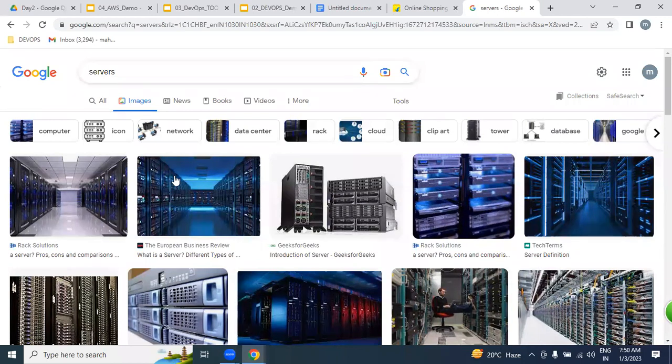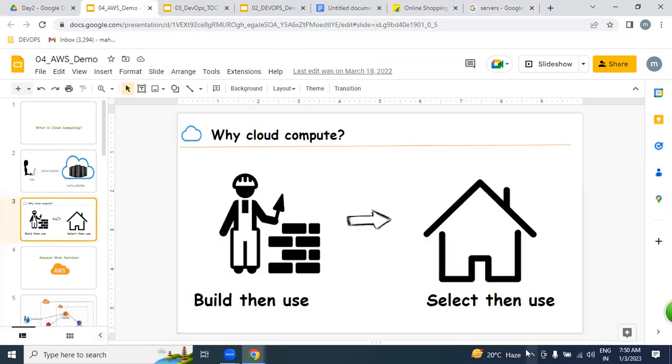Instead of buying and maintaining your own servers, let us go for the cloud. In the cloud, we get rental-based infrastructure. Whatever infrastructure we require, such as servers, get it on rental. Use it and pay rent. That's it. Got it very clearly? So we get infrastructure from the cloud, easily deploy our applications, and then pay rent.